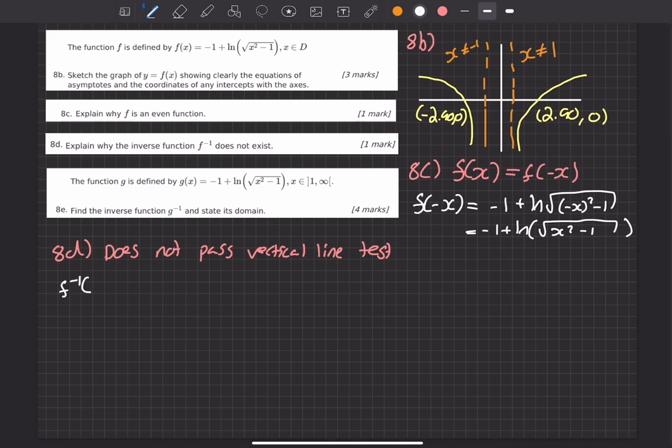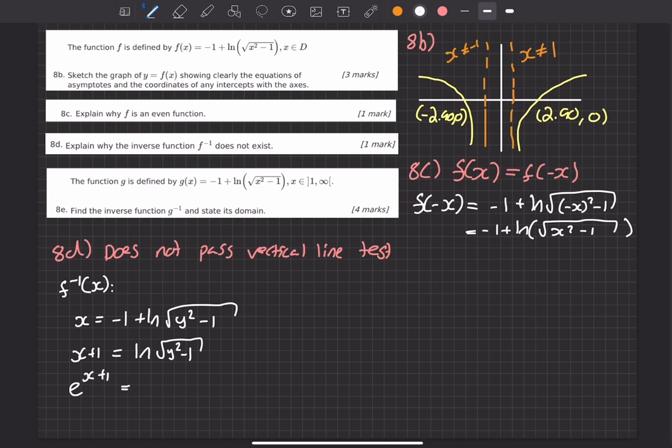To find the inverse, we switch the x and the y, so you'll have x equals minus 1 plus ln root of y squared minus 1. First you bring the 1 across, so you have x plus 1 equals ln root of y squared minus 1. And to get rid of the ln, you do e to the power of